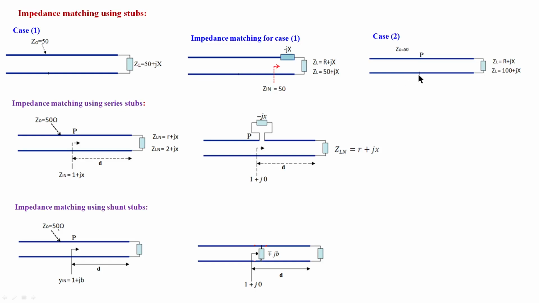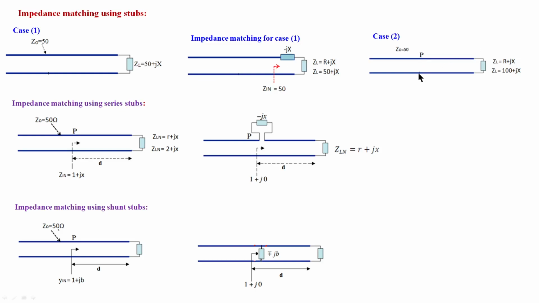Whenever your real part becomes 50 ohm and x may be anything, you stop there. At that position, note down the x value, whatever it is. Real part is 50 and x value may be anything; note down that reactance value, and at this position connect the opposite reactance. Then the opposite reactance cancels the existing reactance here, and remaining is only 50 ohm at this position. Like that you can get impedance matching.